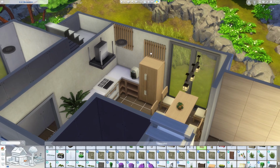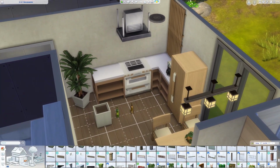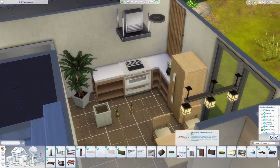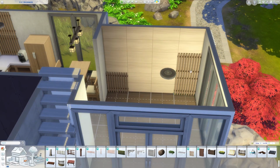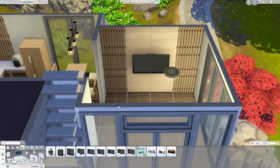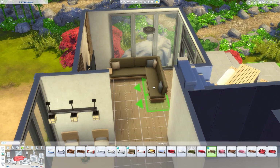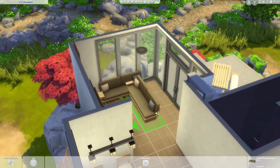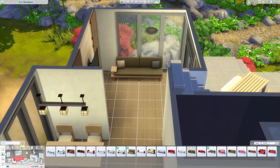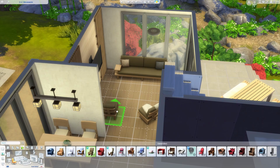As you can see here, there's enough space. We have this corner counter here, which is functional, so everything here is functional. I playtested this house for hours because some things didn't work for some reason. I had one chair that didn't work, then another chair that didn't work, so I had to do some readjustments here. Also, the easel didn't work down there, which I wasn't surprised,